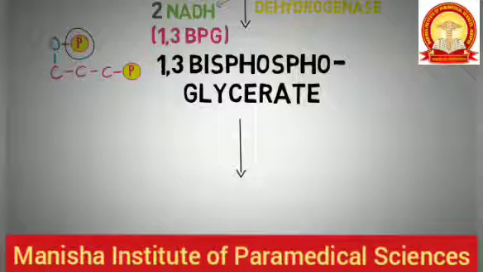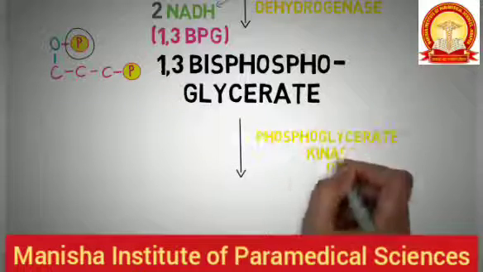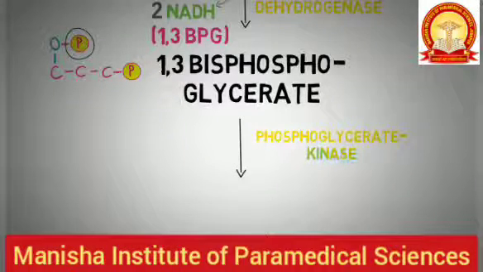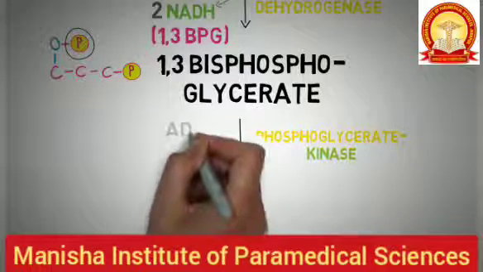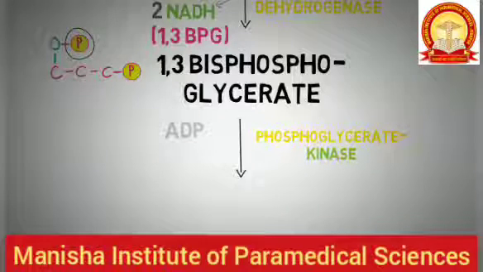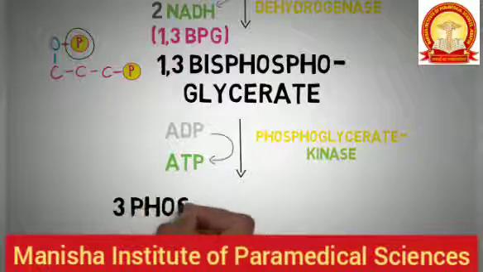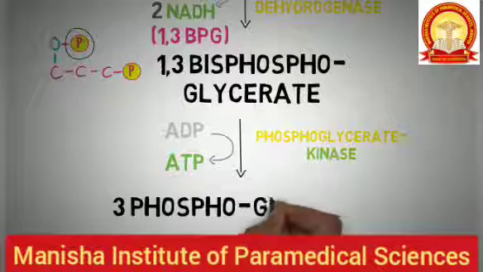In the next reaction, the high energy phosphate group that is attached to the carbon number 1 is used to make ATP. The enzyme that acts on this reaction is known as phosphoglycerate kinase. And as you know, kinases are enzymes that transfer phosphate groups from one molecule to another. Here, the phosphate group at the first position in the 1,3-bisphosphoglycerate gets transferred to a molecule of ADP, converting it into an ATP. The 1,3-bisphosphoglycerate is